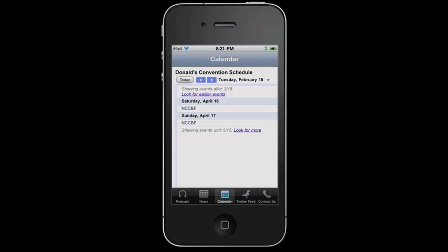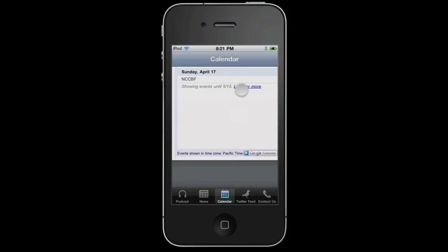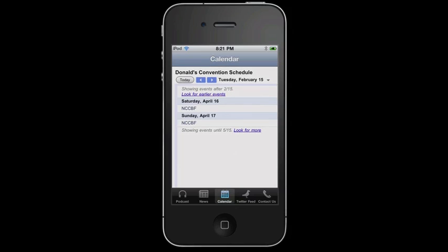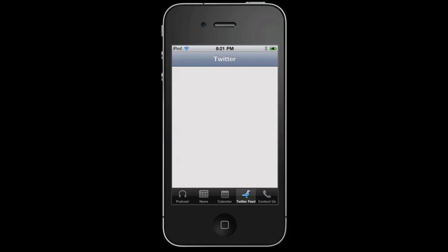And I don't know if this is the best way to display Google Calendar. Maybe Google has some API that'll allow me to present this in a neater fashion, or maybe not. So this is kind of the idea of what I'll be doing here, basically displaying a calendar showing our upcoming events. The next tab over is the Twitter feed tab, and like the name implies, it'll show